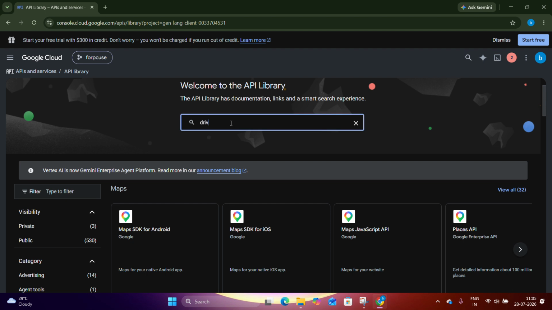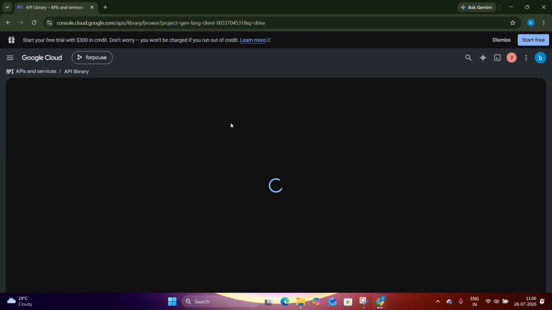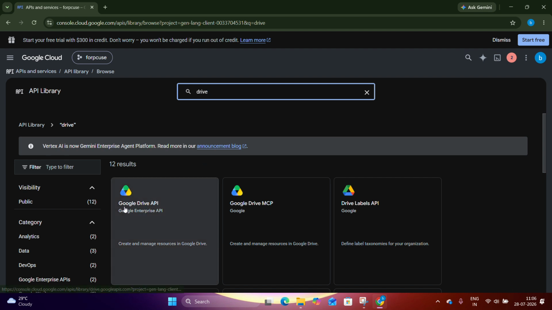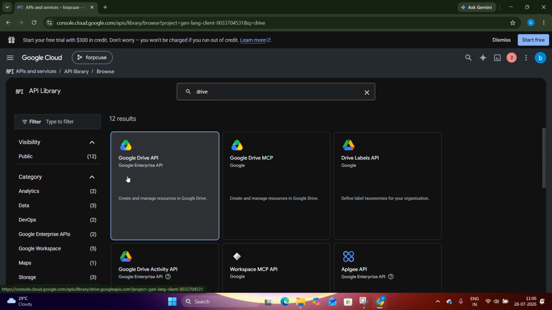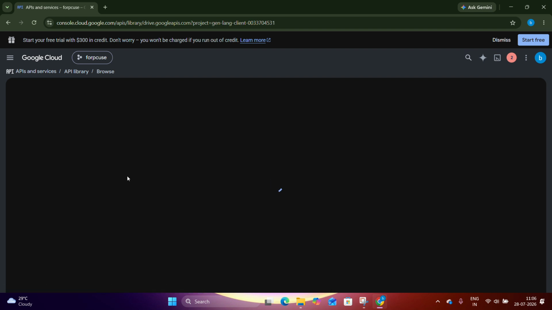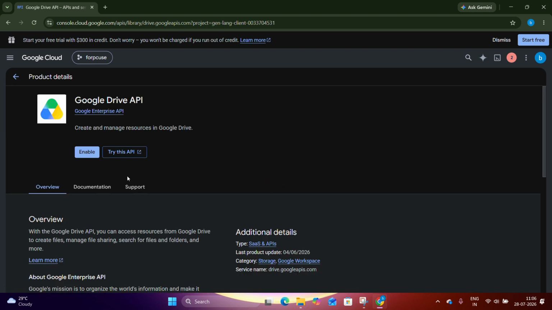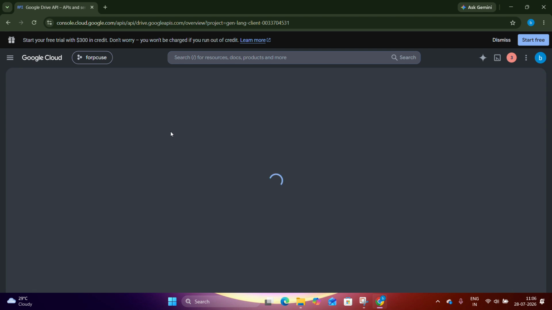Here you search Drive. When you search it, you see this is your Google Drive API. You just click here, you can create and manage resources in your Google Drive. So just go here and enable it. When your Drive API is ready,